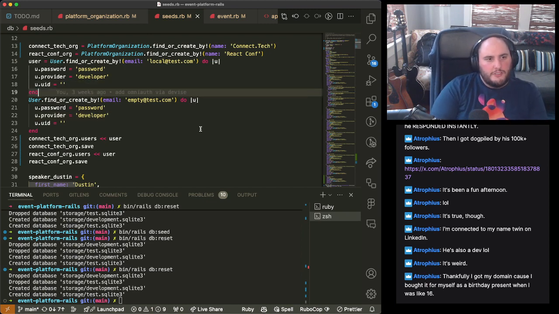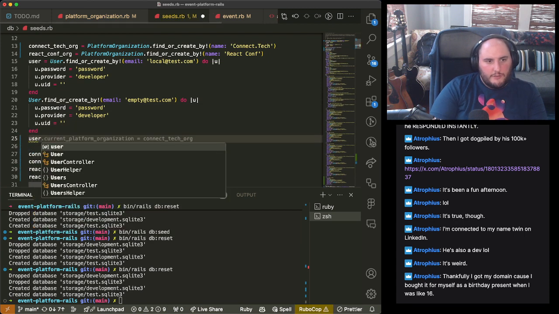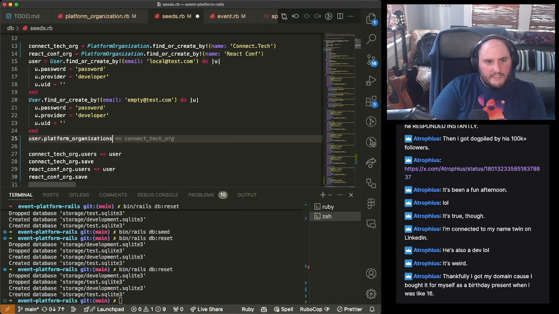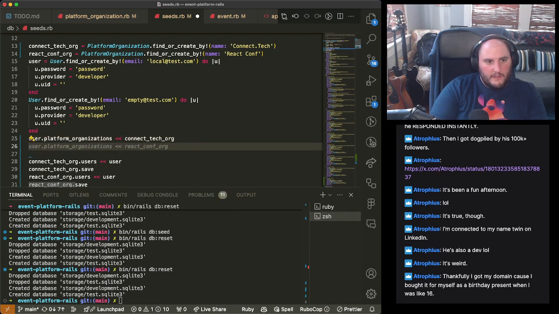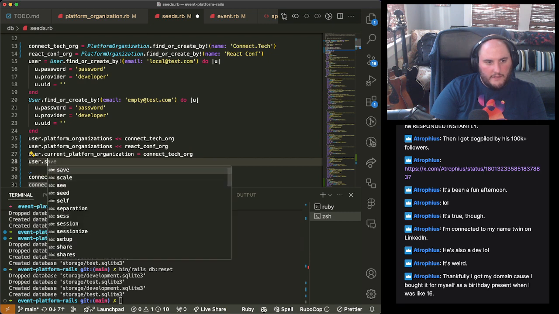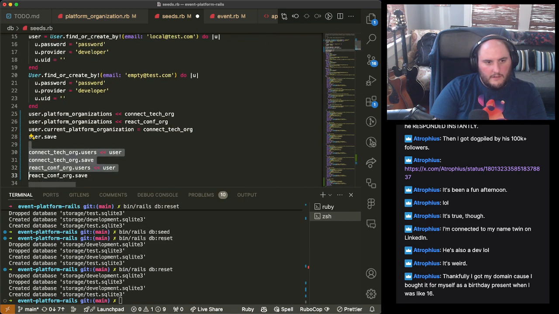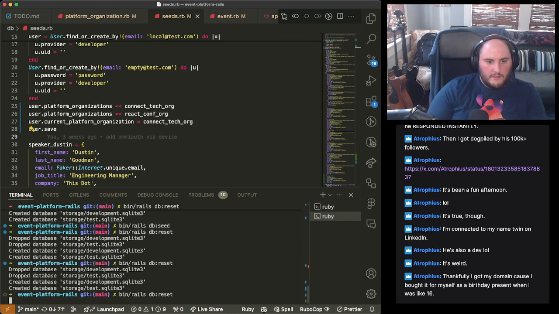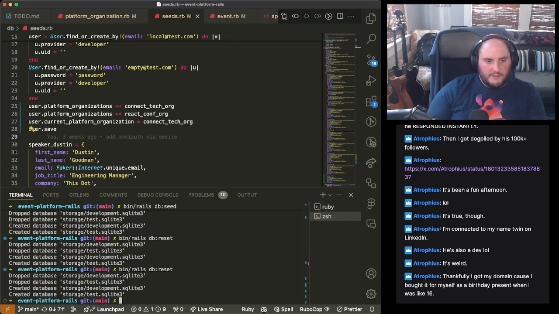Now, maybe what we should do instead is flip this around and just say user.platformorganizations is Connect Tech org, and then user should be React Conf org, and then current plat could be that, and then save, and that might be the safer script here.